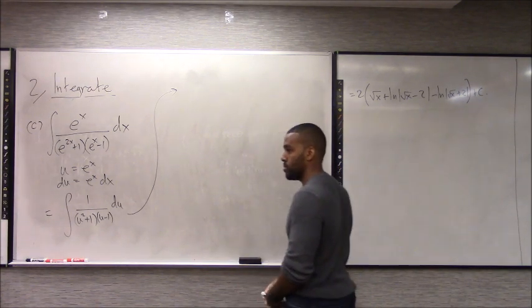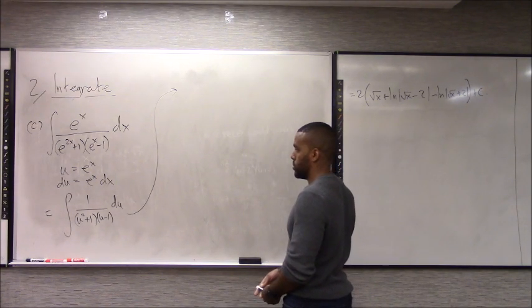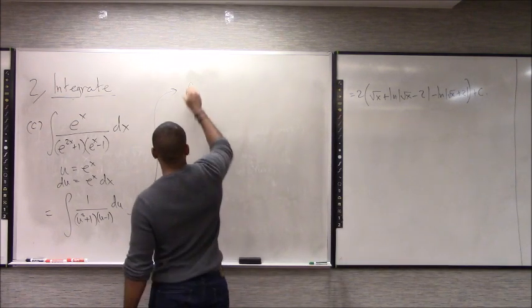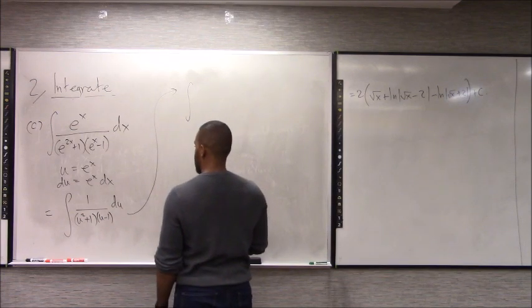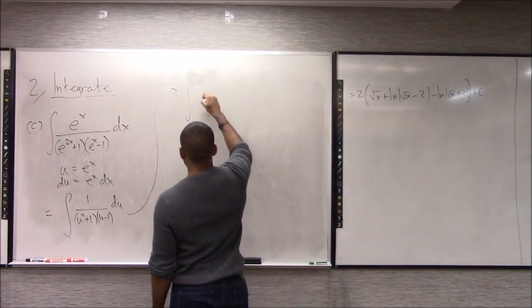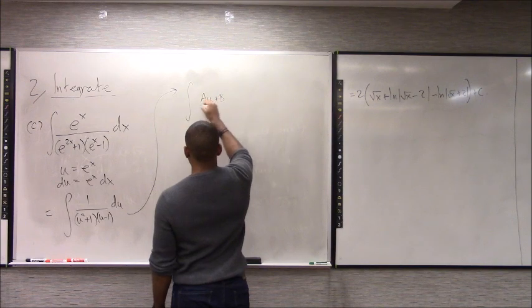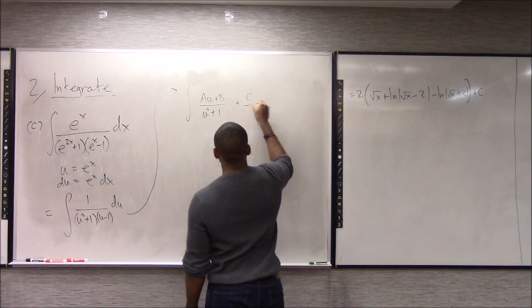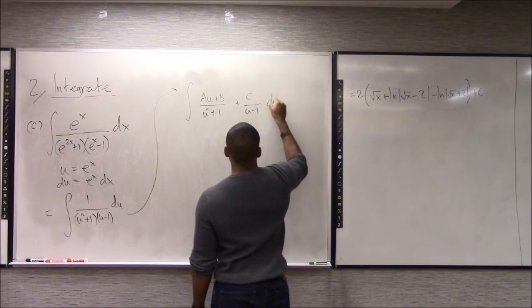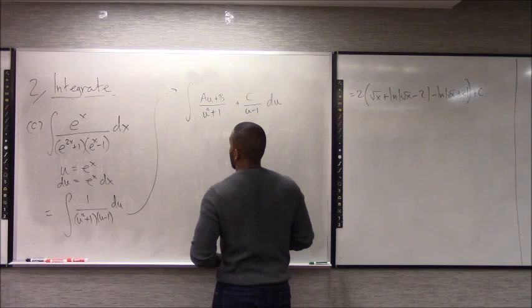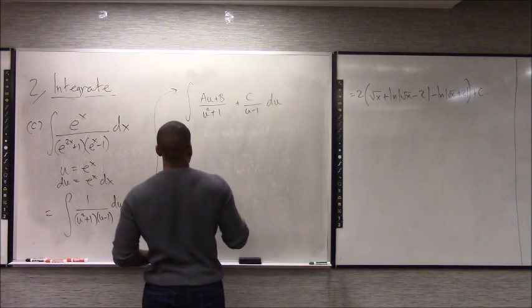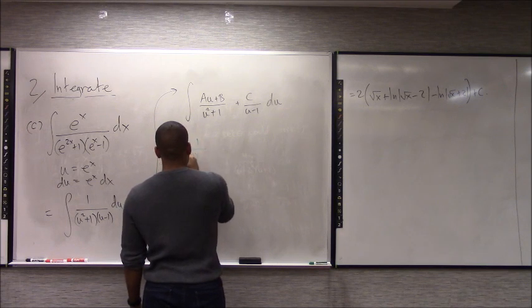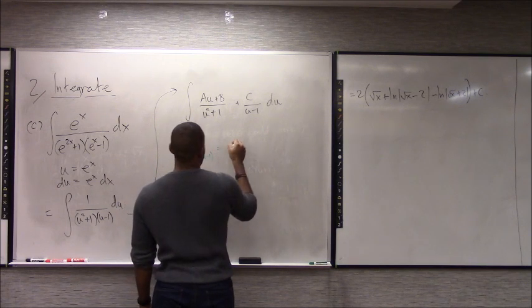Would you separate the two? Partial. Yeah, okay, so what do the partials look like? au plus b over u squared plus u plus 1, and c over u minus 1. Okay. Now, let's deal with this for a second. So we have 1 over u squared plus 1 times u minus 1 equals